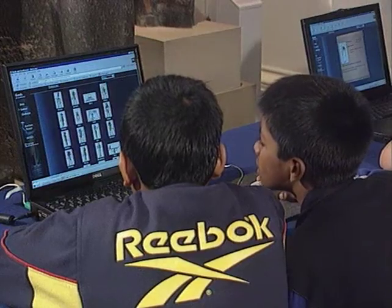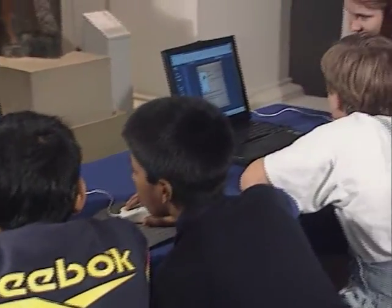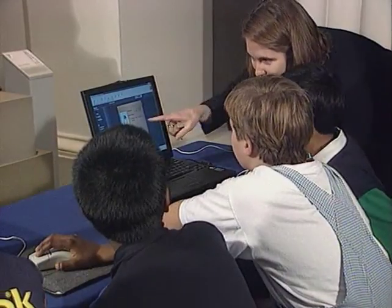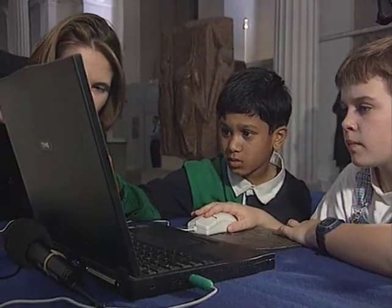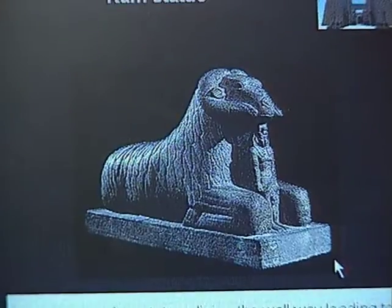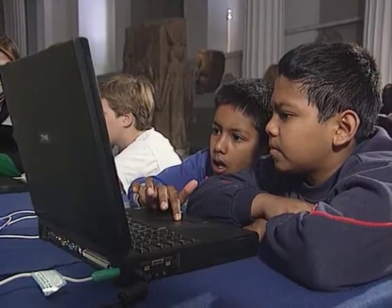Building on the popularity of ancient Egyptians, this museum's educational multimedia unit has unveiled a new website aimed specifically at school children in years 5 and 6 and their teachers. The website contains information about life, culture, beliefs and practices in ancient Egypt, using objects from the museum's collections, animation